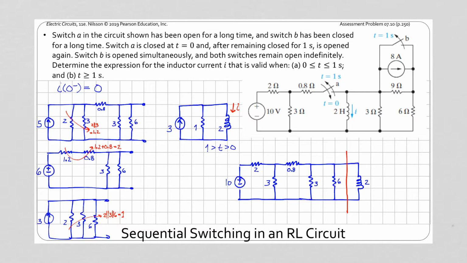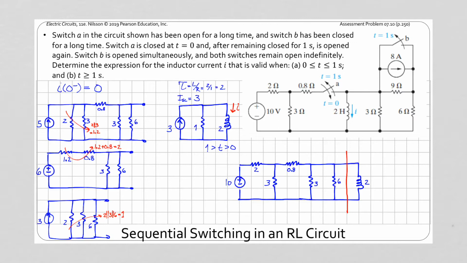And so I can see here that my equivalent resistance is 1, and so my time constant here is going to be 2. And I can see that my short circuit current is going to be 3 amps. That's coming from the Norton source. Once the inductor starts acting like a short circuit, all of those 3 amps are going to flow through the